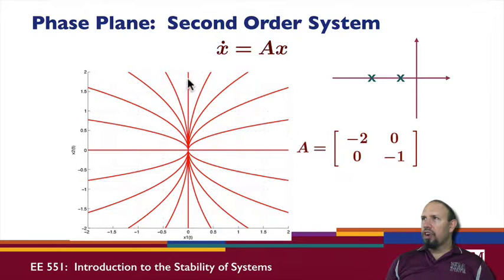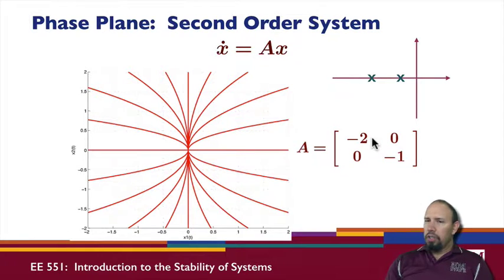So in this case, if I start on this line, I stay on this line all the way in. If I start on this line, I stay on this line all the way in. Okay, so we can see some important things as a result of this. So this is the case when I have two eigenvalues, and they are